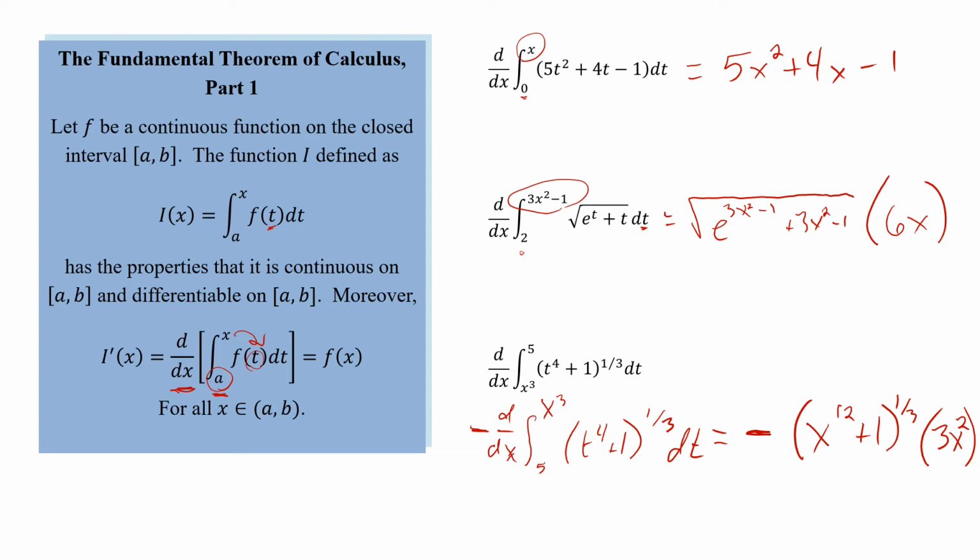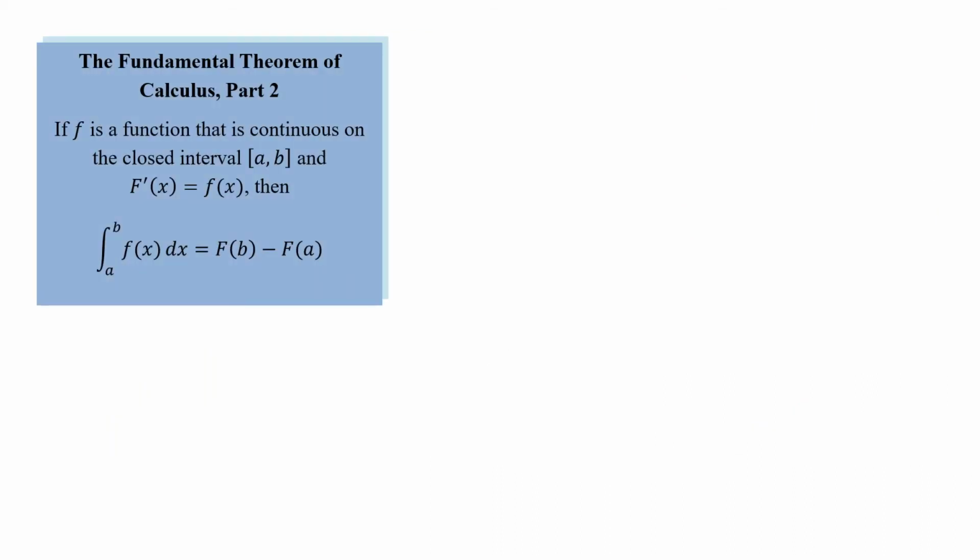It's plugging it in, but in the fundamental theorem, this first part, notice every single time what we're doing is we have the derivative of the integral, derivative of the integral, derivative of the integral. It's this derivative of the integral that is what the first part is. The second part is going to deal with just the integral itself, but we won't have that variable in there. So what the second part of the theorem says is that if